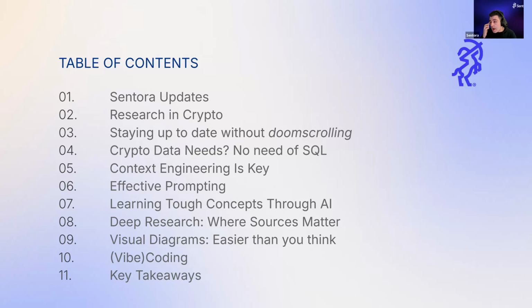We'll also touch on how we can leverage AI for learning new concepts. We'll do a review of different deep research functionality from some frontier LLM models. We'll touch on visual diagrams, which is also a feature that is often not much used and is a staple in the research bag. And lastly, we will wrap up with vibe coding, which last year has been the hottest topic and probably one of the more interesting that is advancing the fastest.